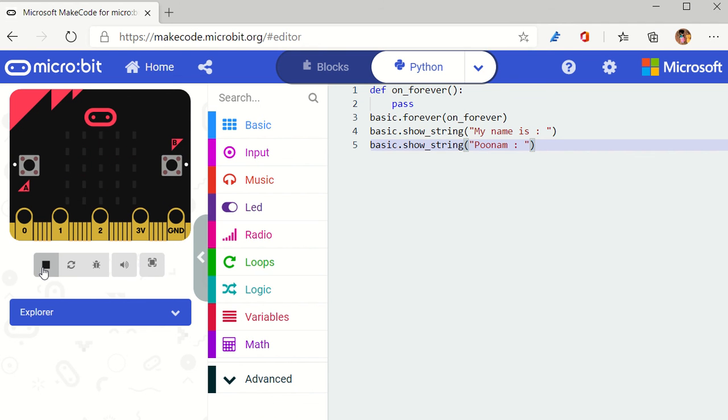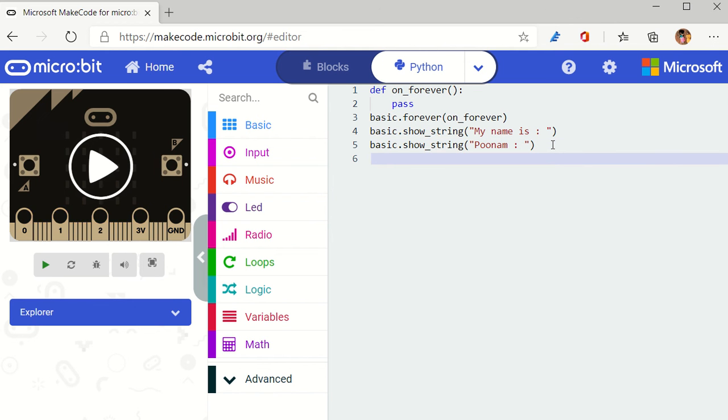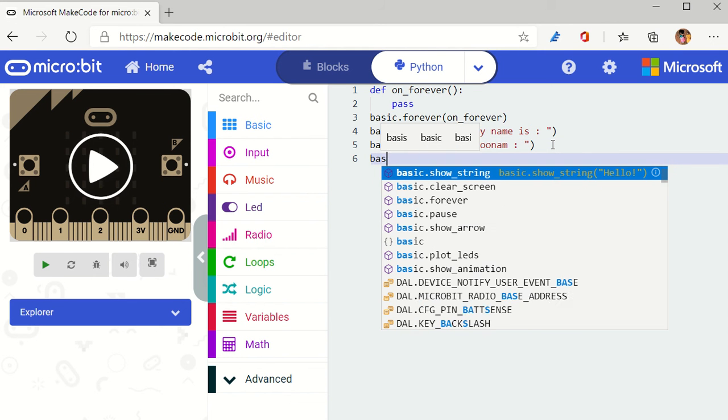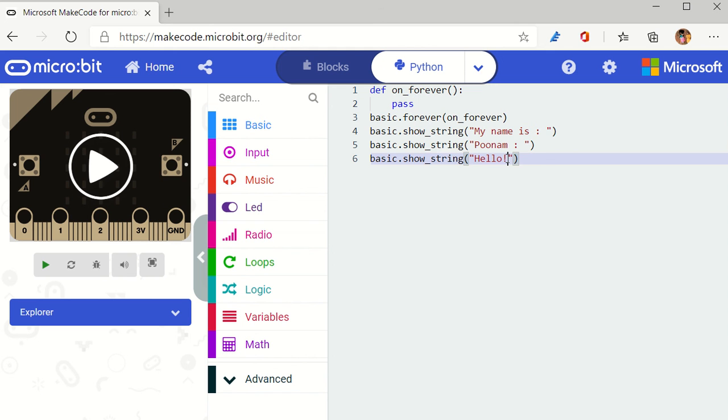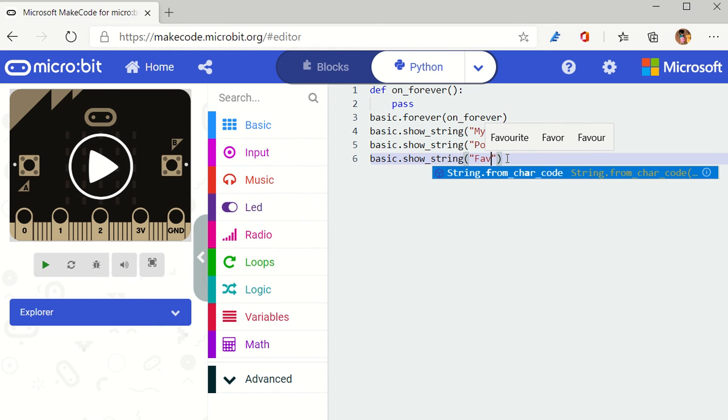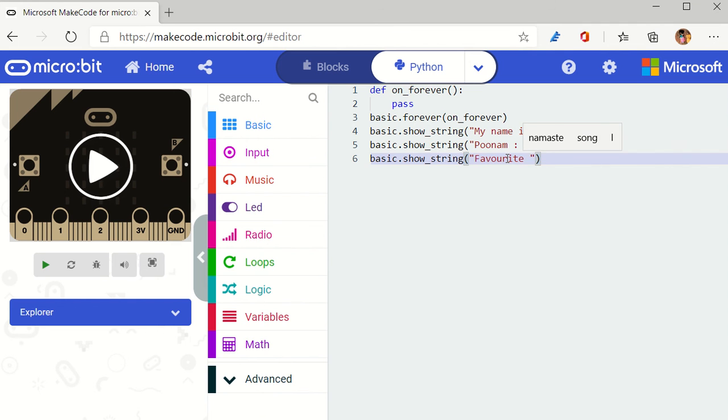There are further things that people can do. In case you want to create a favorite color tag as well, you can type in and give another command over here. Again, it would be a basic show string only. I can go about and mention over here, like, favorite color. Okay, so this is what I would be going about, and once I've done this thing, I can mention this.